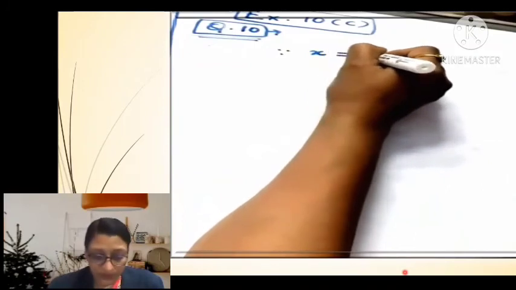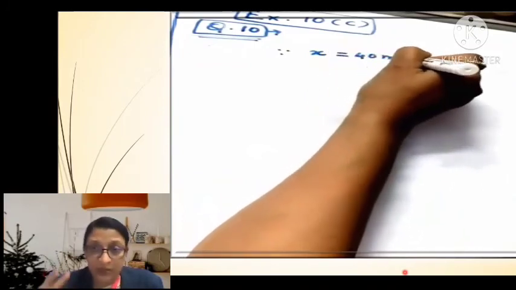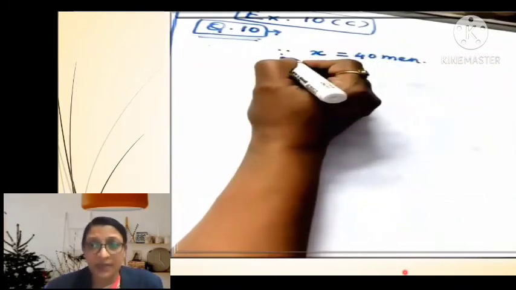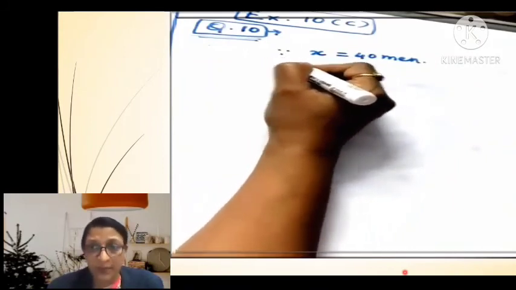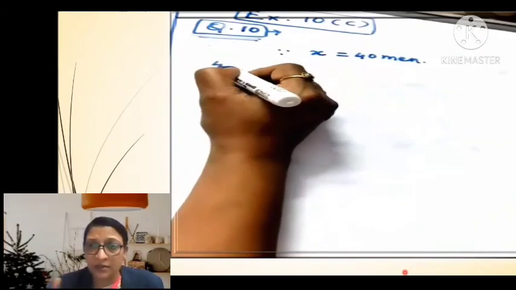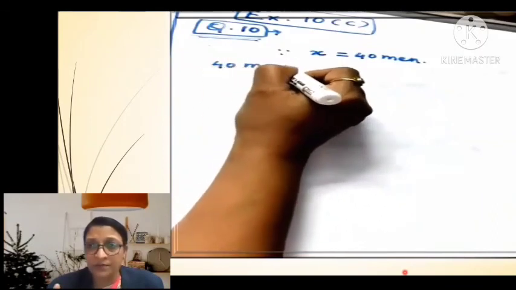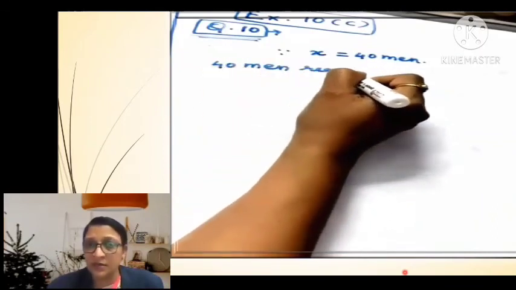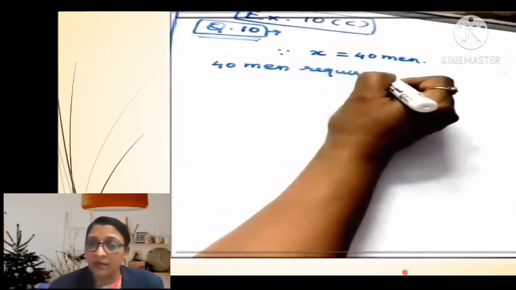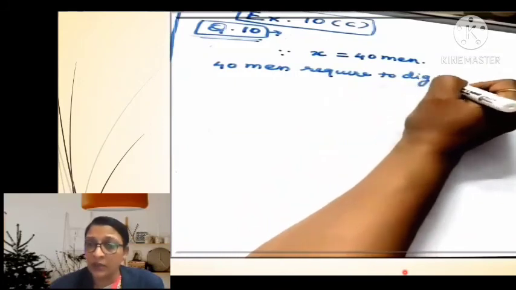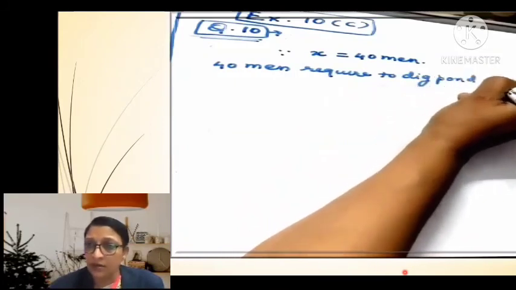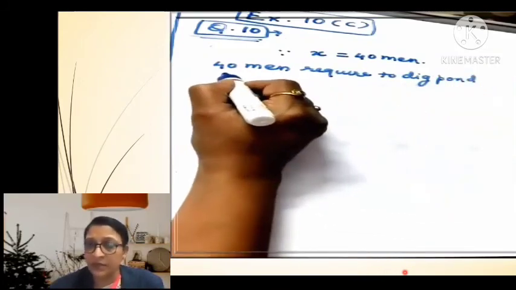The question 10, it is given that now here size of the pond gets doubled. So as the 40 men are completing the digging of pond of the given size, if suppose 40 men are required to dig the pond of the given size,